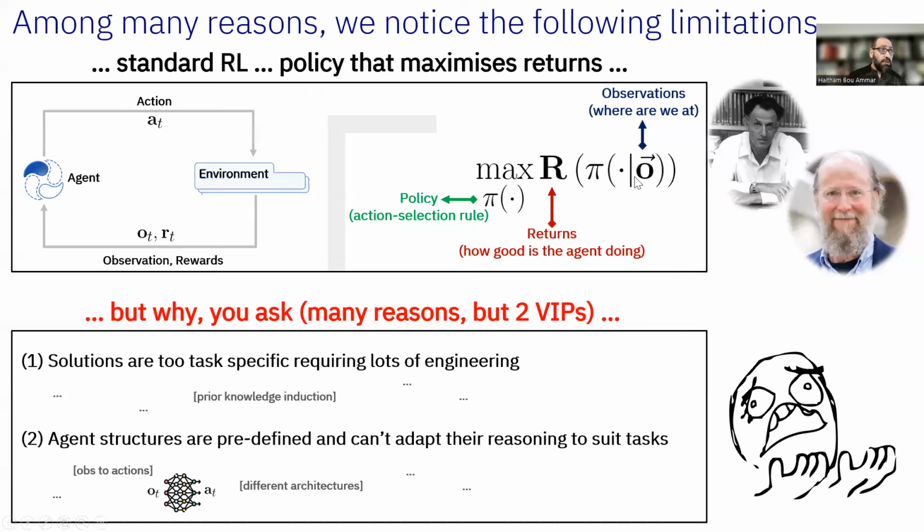However, upon fixing this architecture to go from an observation to an action, remember that's the goal of the policy: conditioned on an observation, it needs to choose an action. So this observation to action is prefixed. You just do a forward pass in this network, and the action gets spit out at the output. The goal of the agent then becomes to find the weights of this network such that you maximize your return.